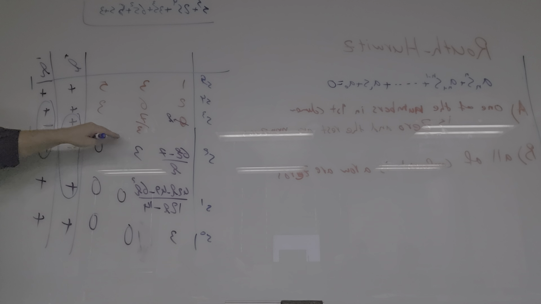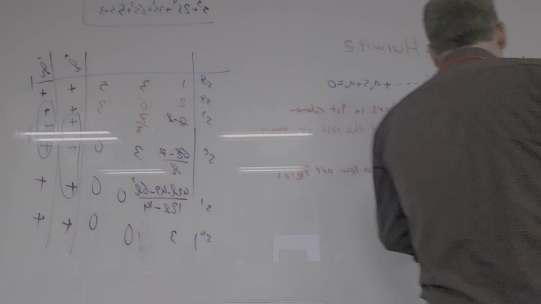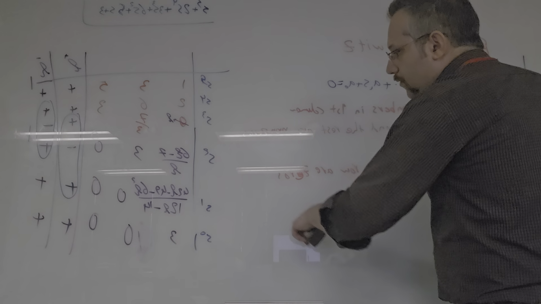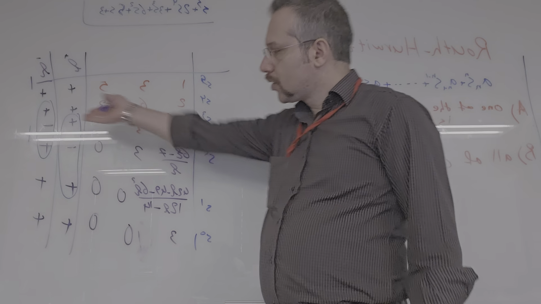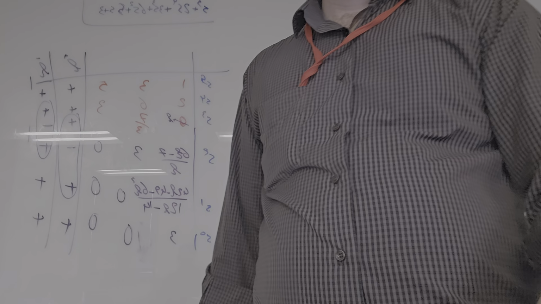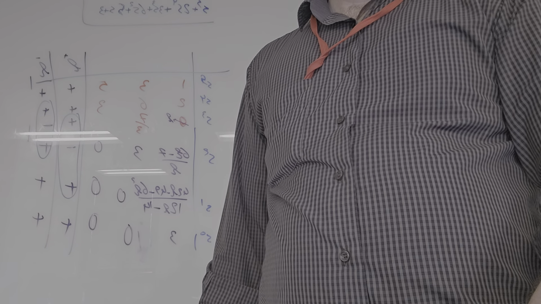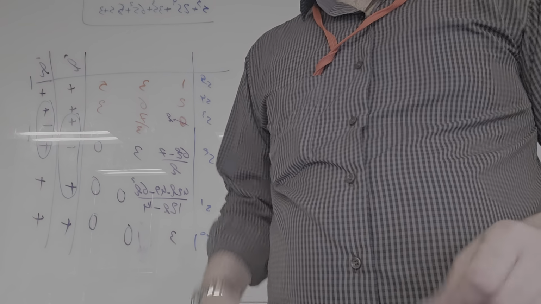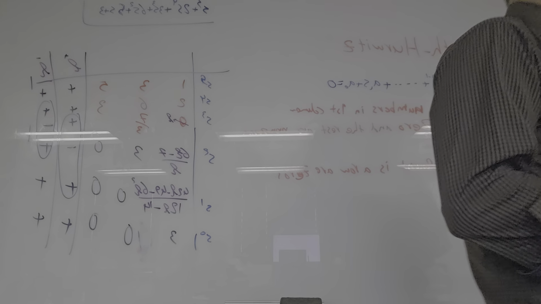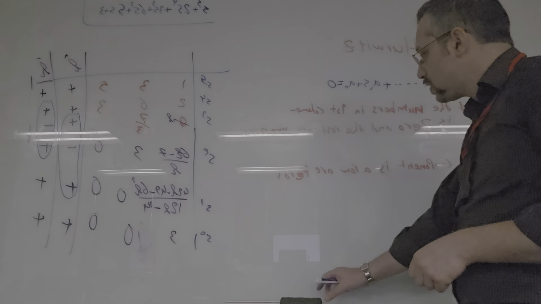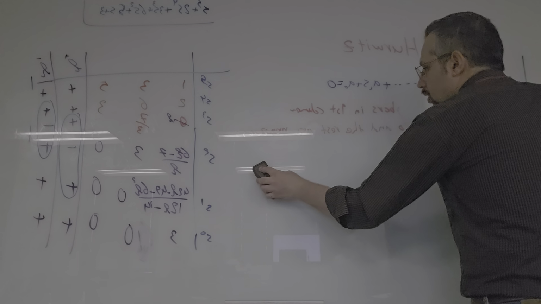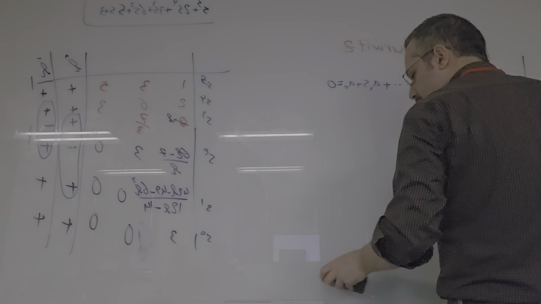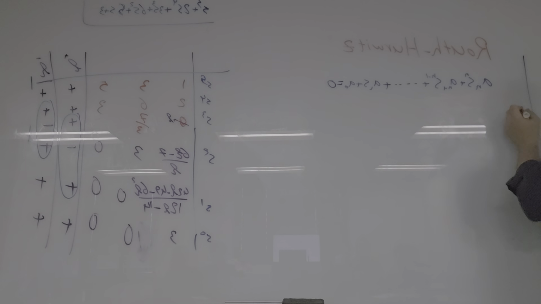Are we good? Now, what would happen if all the components in one row are 0? Then what should we do? When this happens, when we have a row of 0 in our Routh table, so we have